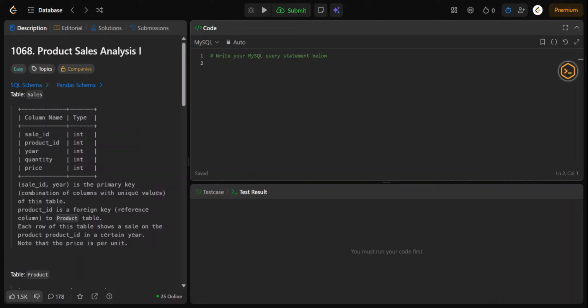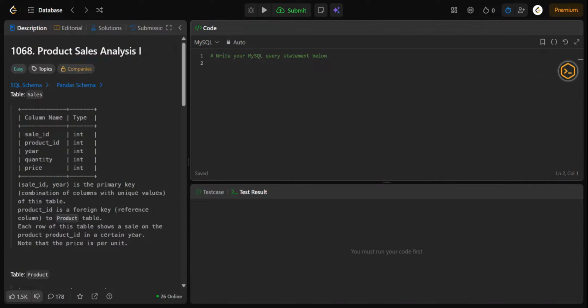So, if SQL joins confuse you, then this LeetCode problem will finally make them crystal clear. In less than 10 minutes, we will solve an interview question asked by Amazon, Google, Adobe, Bloomberg, and Microsoft, the top product-based companies. So, let's do it. Today's problem is LeetCode 1068, Product Sales Analysis 1.